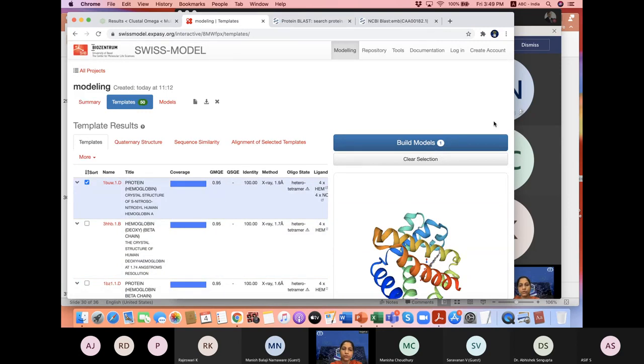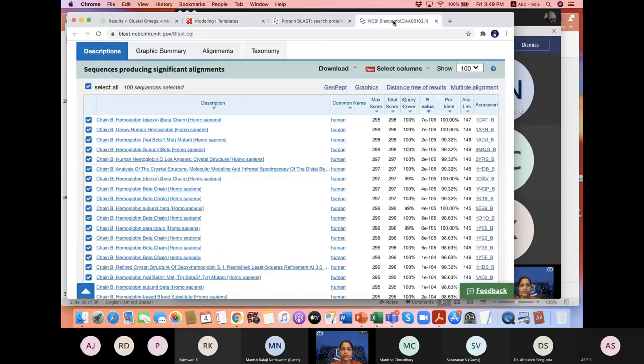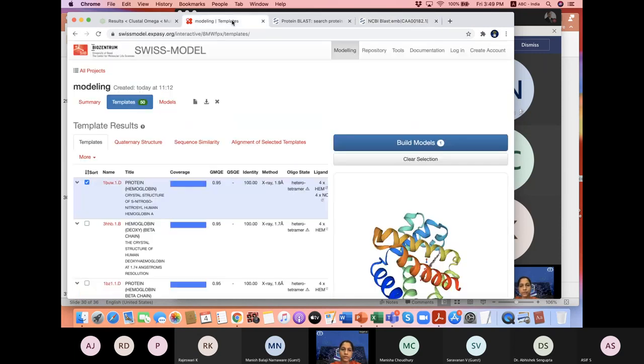Why I did the BLAST alignment is that whatever identical sequence is there, filtered based on query cover and percentage identity, it will come at the top. But in case of Swiss model, you will have to actually go through these sequences to filter out the best one.